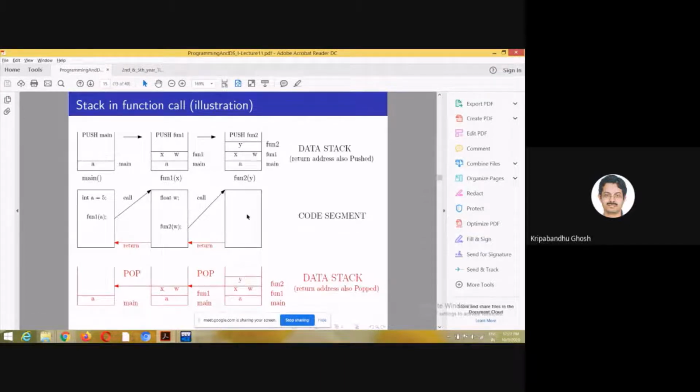So when we return from function 2, ignore this first element. This is to ensure the provision for a function call for function 2 from function 2. That is not important in this case because we are returning to function 1. So when we are returning to function 1, all the information corresponding to function 1 should be popped off.